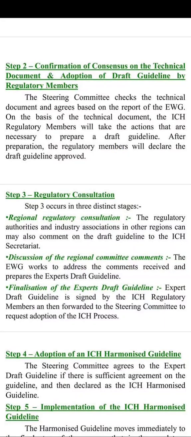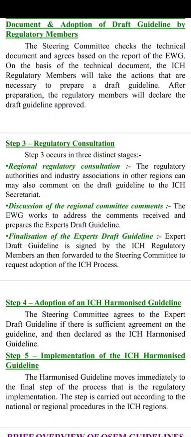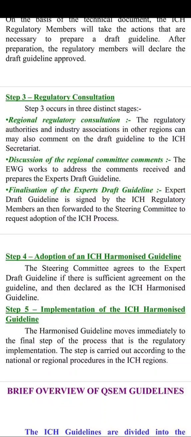Step 3: regulatory consultation. Step 3 occurs in three distinct regional regulatory consultations. The regulatory authorities and industry associations in the other regions may also comment on the draft guideline to the ICH Secretariat. Discussion of these regional comments follows. The EWG works to address the comments received and prepare the expert draft guideline. Finalization of the expert draft guideline: the expert draft guideline is signed by the ICH regulatory members and then forwarded to the Steering Committee to request adoption